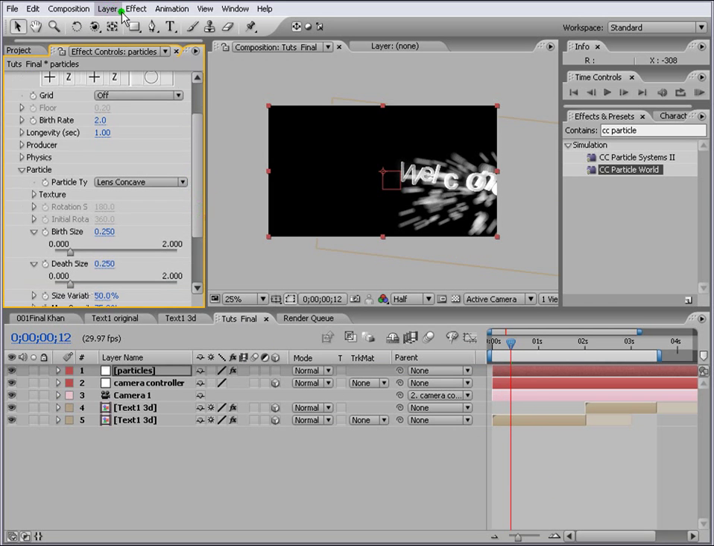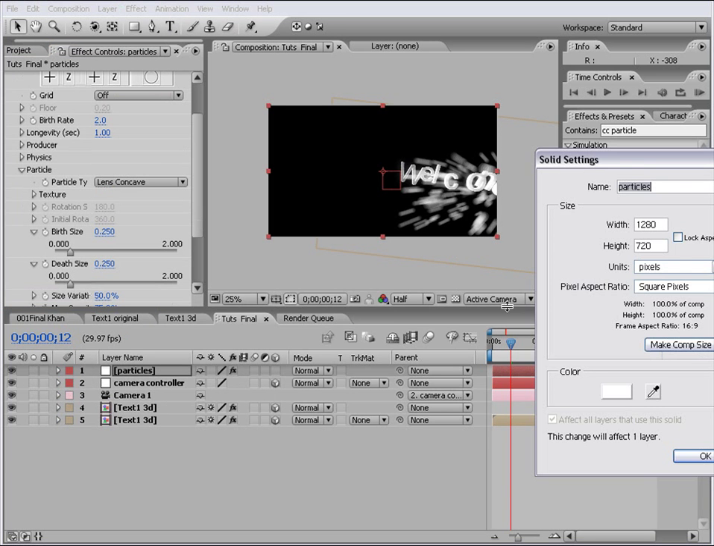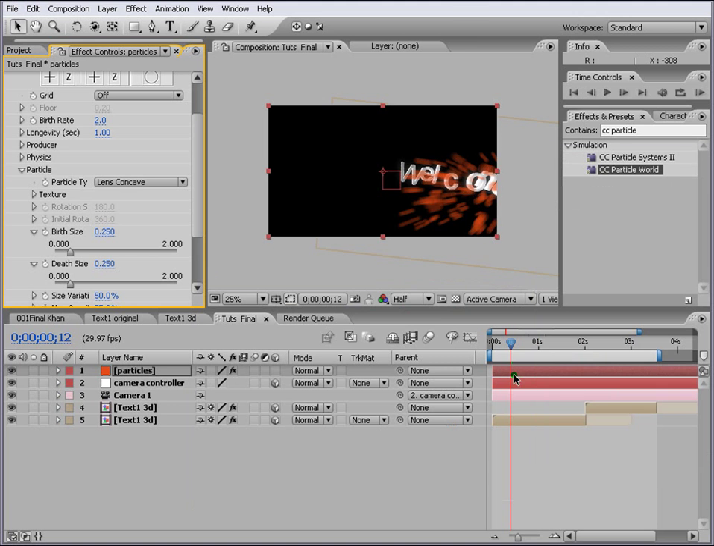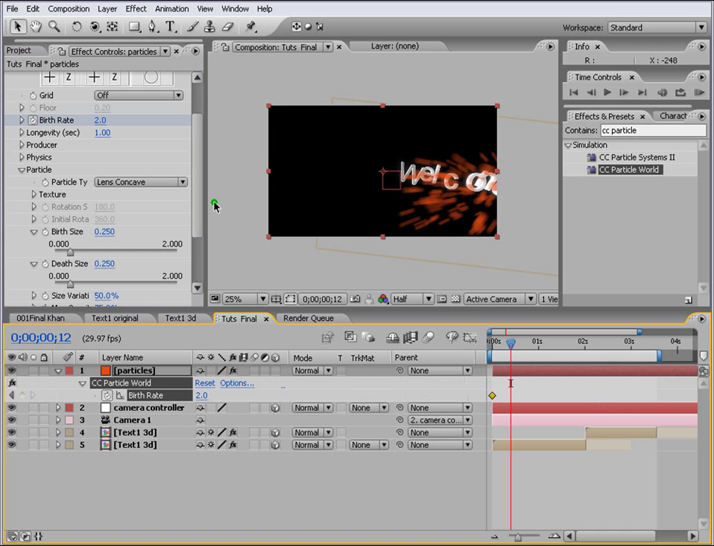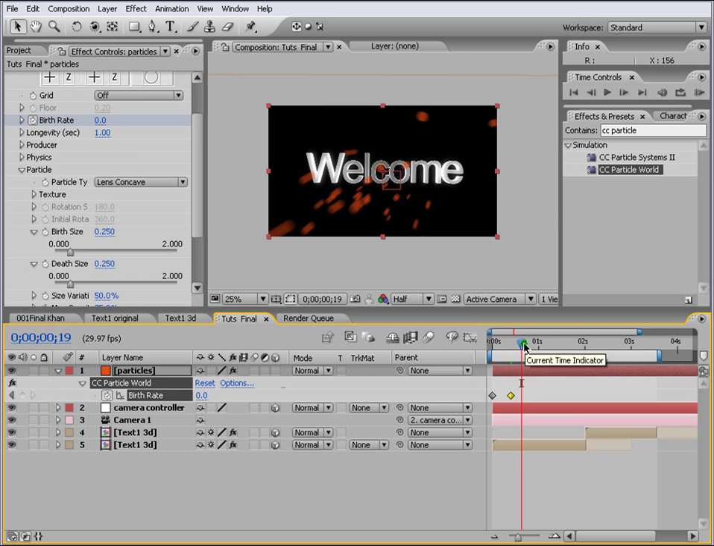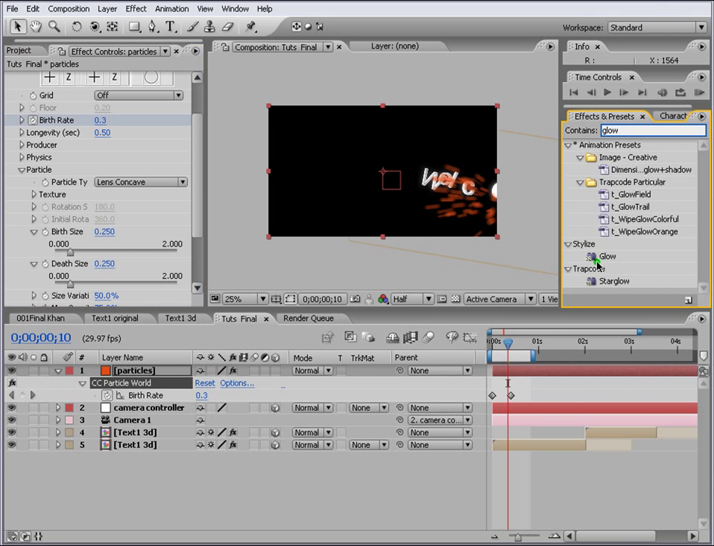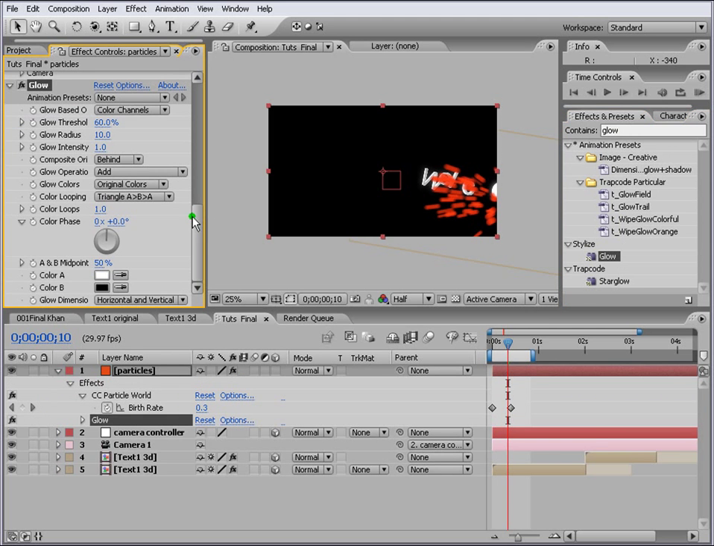And let's change the layer, new solid settings. Go to solid settings and we just change the color to orange here. Right, and we just click here the burst rate, press U, and when it comes here, we just turn it to 0. So by the time it reaches here, and longevity to probably, let's do 0.5. You can also apply glow to it and change it to